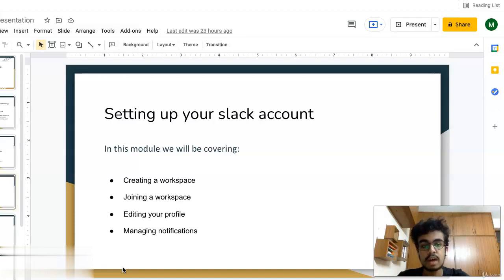The second part is how to invite people. The third part is how to edit your profile. And the fourth part is how to manage notifications. The third and fourth part are very important. Moving on, I'll start with